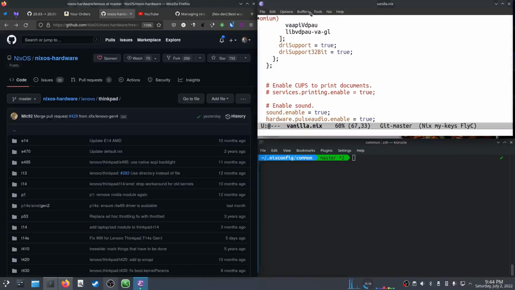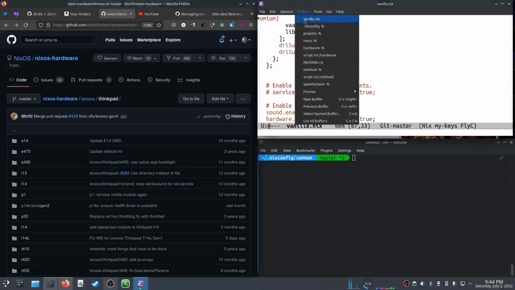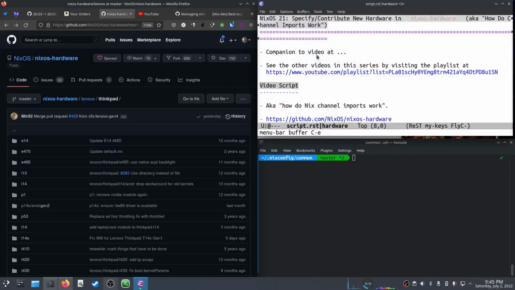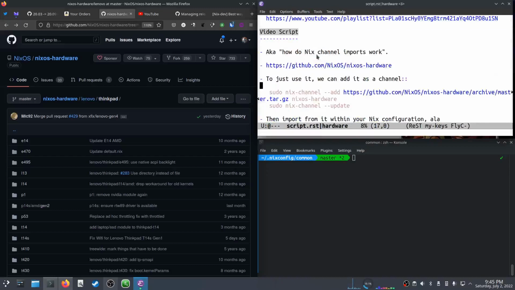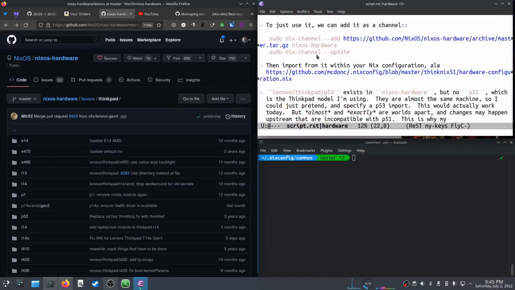So today, what I'd like to do is take a look at how we can, because this thing doesn't have a P51 in it. I also have a P50. I have a P52, so I might do those later. But we're going to talk about P51 today. Because I have one, and I've done enough messing around with it to know sort of whether it works or not, I stand a shot at being able to